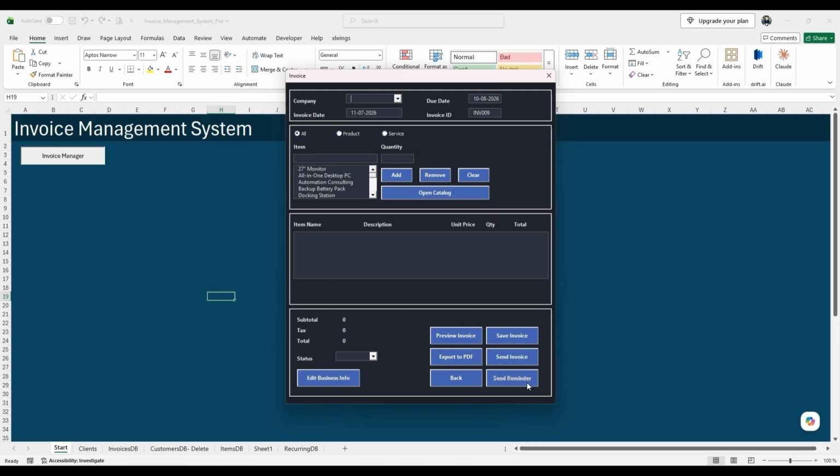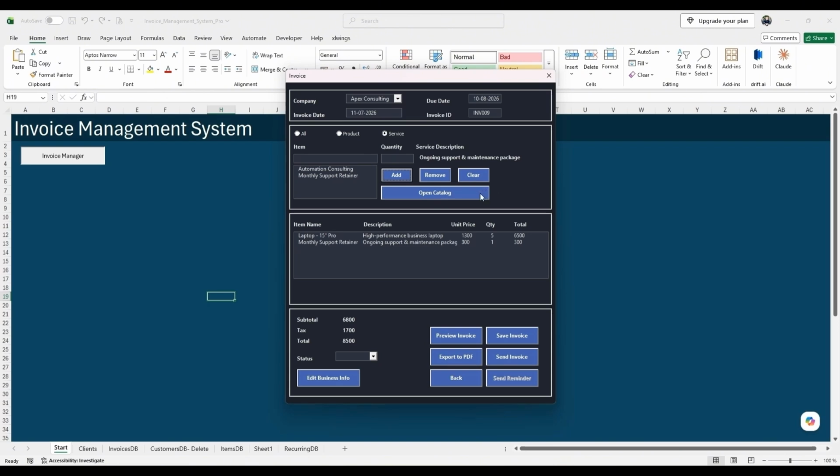Everything starts from here. Let's create a customer, select a company, and then we can choose from products or services. Let's pick a product here, a laptop, and let's buy 5 of these. Then we change to services, and we can also have a monthly retainer we can add. So this system can handle both services,